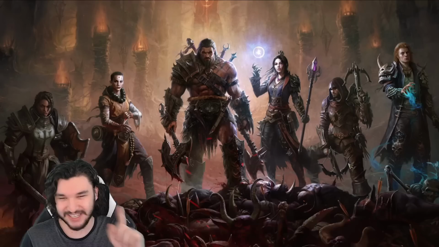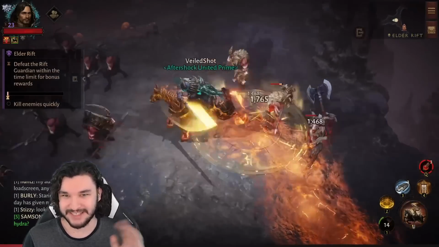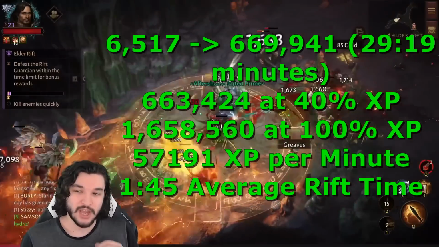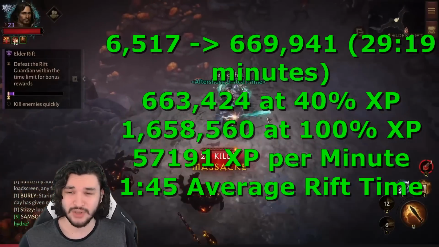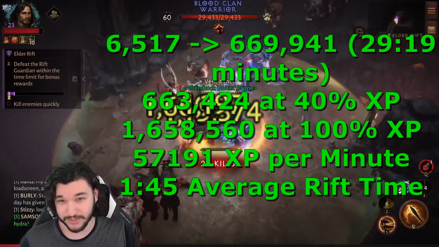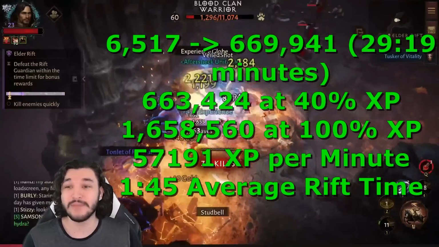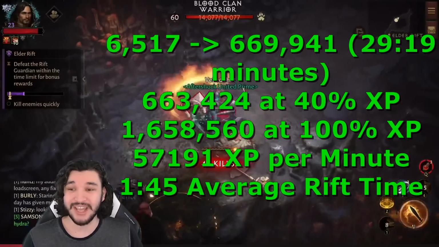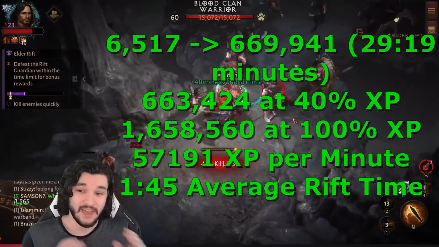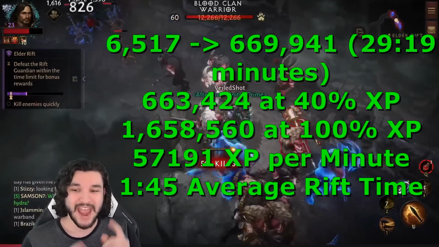So behind me, you will see me running some solo Elder Rifts. Now, these Elder Rifts, I started at 6,000 experience and ended at 670,000 experience, which totaled to about 660,000 experience over a period of 30 minutes. But I was Paragon 23 here, so I was actually at 40% experience. So the total amount of experience I actually gained over a period of 30 minutes is 1.65 million experience. Now that experience is actually way more than group Elder Rift farming by about 400,000 experience. The XP per minute was 57,000 compared to 46,000 with group Elder Rift farming,